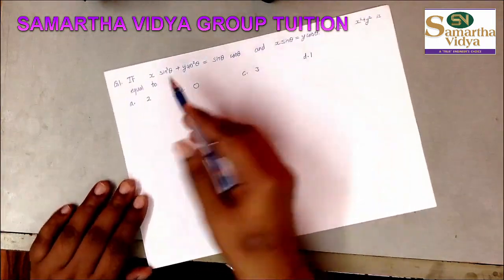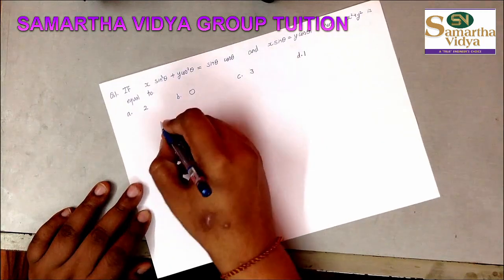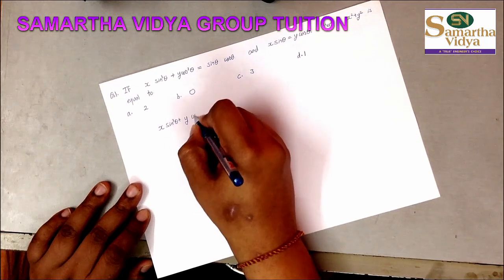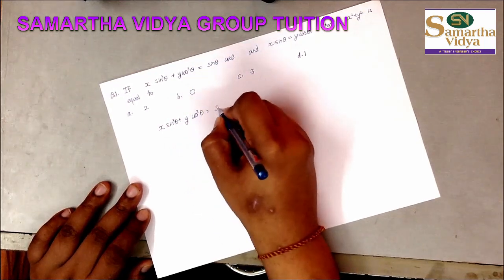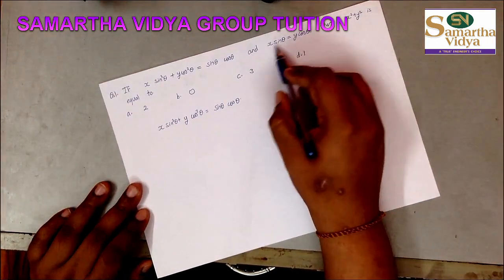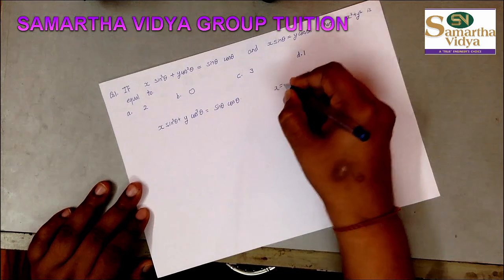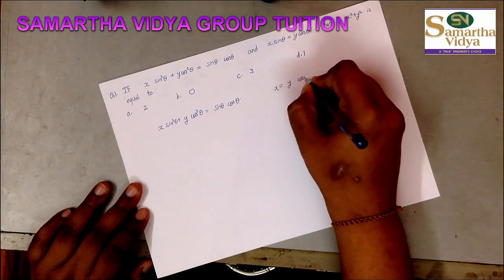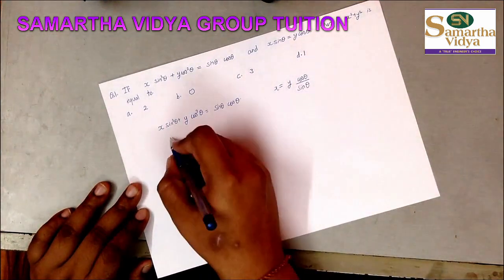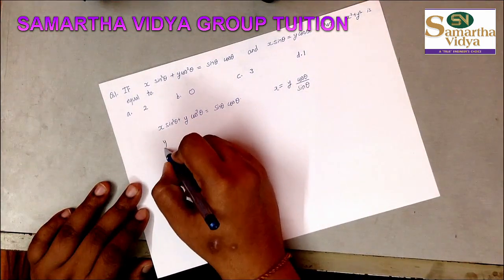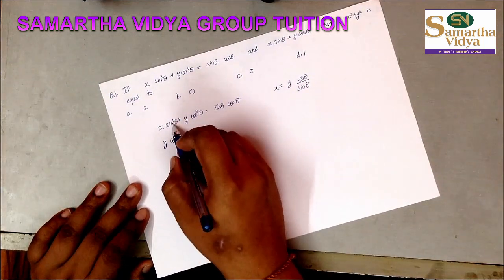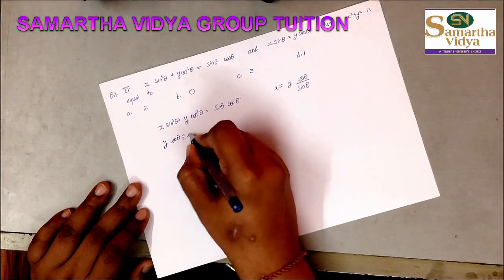So what we can do is we can start off with the given equation, that is x sin cube theta plus y cos cube theta is equal to sin theta cos theta, and we can just substitute from here what is x. So from there x can be written as y cos theta by sin theta. So substituting the value of x in this, we'll be getting y cos theta divided by sin theta into sin cube theta. So that comes out to be sin square theta.